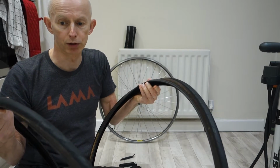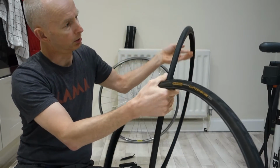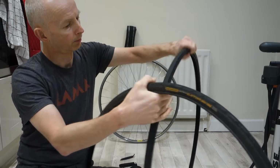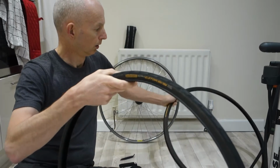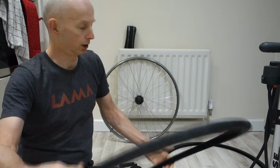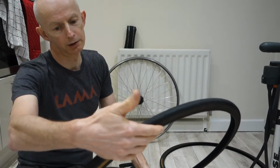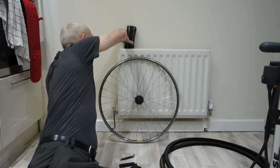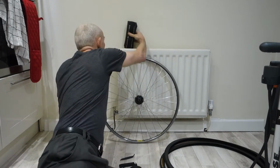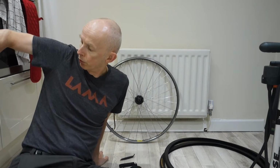700 by 23C. This is a Duraskin one. This is a Duraskin as well, but of course they changed it. This is just an Ultra Gatorskin, that one. And then this is Duraskin. There you go, Ultra Gatorskin with Duraskin. And then we've got that GP 4000 that I took off, folded up. I'm going to find somewhere to shove that so it doesn't just